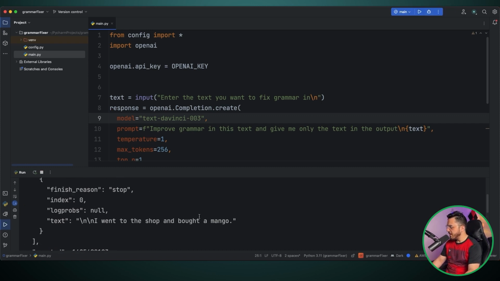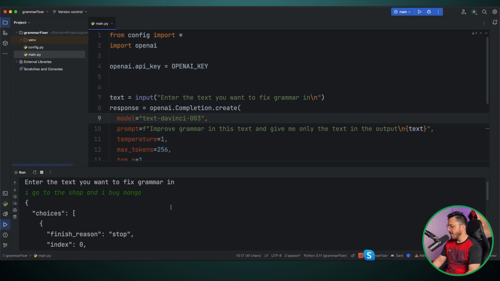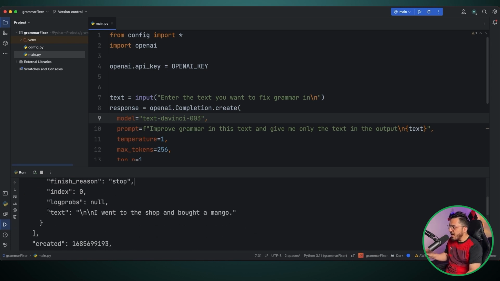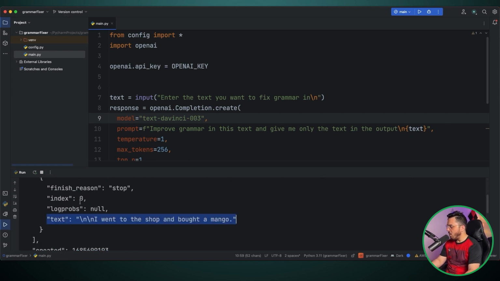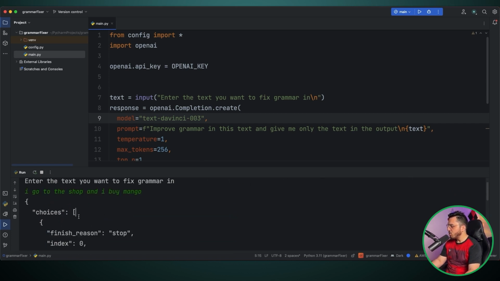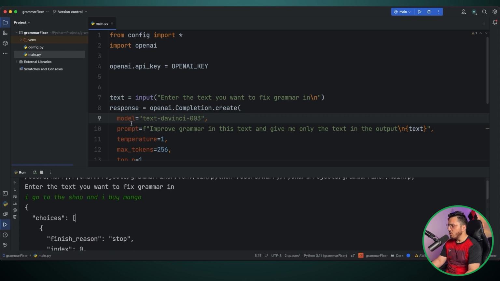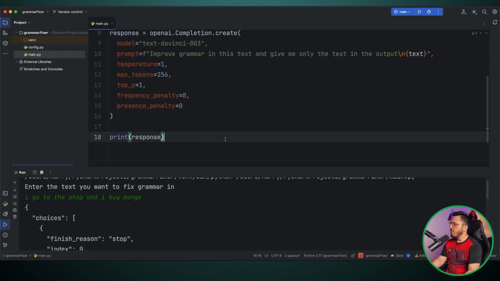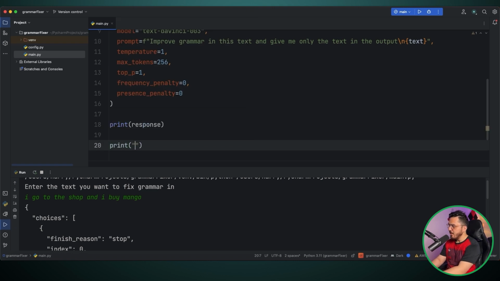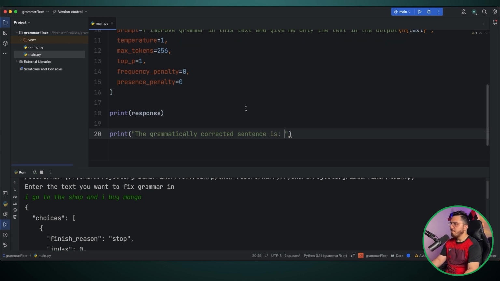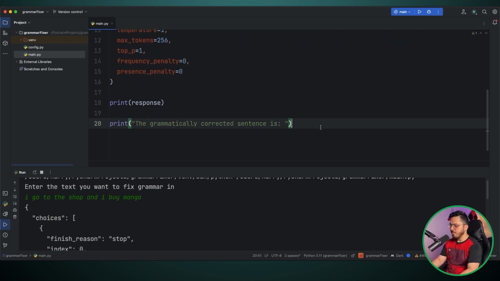Okay, so it gave me this output. I went to the shop and bought a mango. Wow, man, wow, this is amazing. And I want to make sure that only the text that has been fixed is visible. So how do we do that? All we need to do is get the text from choices. So we will get multiple choices. We'll make sure that we get the fixed text, print the grammatically corrected sentence is, and then I'll print